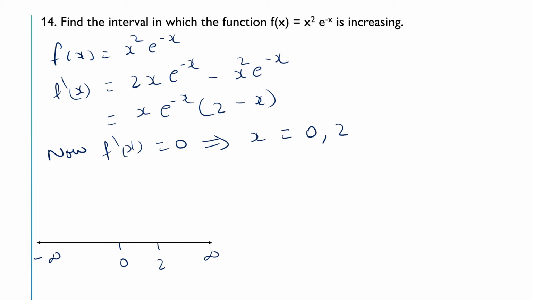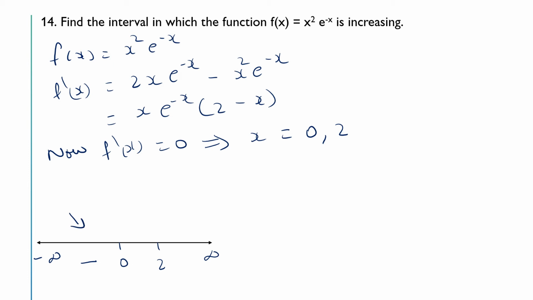In the interval minus infinity to 0, if we substitute a value say minus 1 and check the sign of f dash of x, we get the sign of f dash of x as negative, because x is negative and e raised to minus x is positive here. So negative into positive will be negative. So here the sign of f dash of x is negative, which means